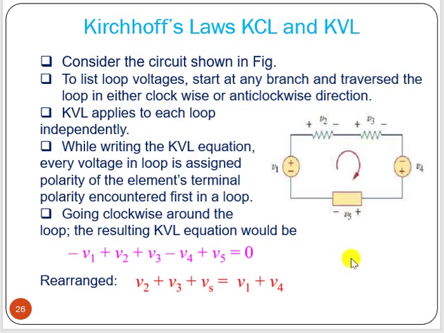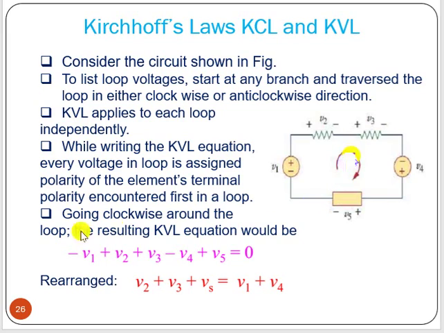Okay. So now let us consider the circuit shown in the figure. Here we can see a voltage source, resistance, again a voltage source, and another element which absorbs, which has some voltage drop. Now there are two ways to write this voltage equation. So KVL is the equation around the loop. KCL is at any particular node, current summation equal to 0. But KVL means at a loop, summation of voltage drops, or voltage rises, equal to 0.